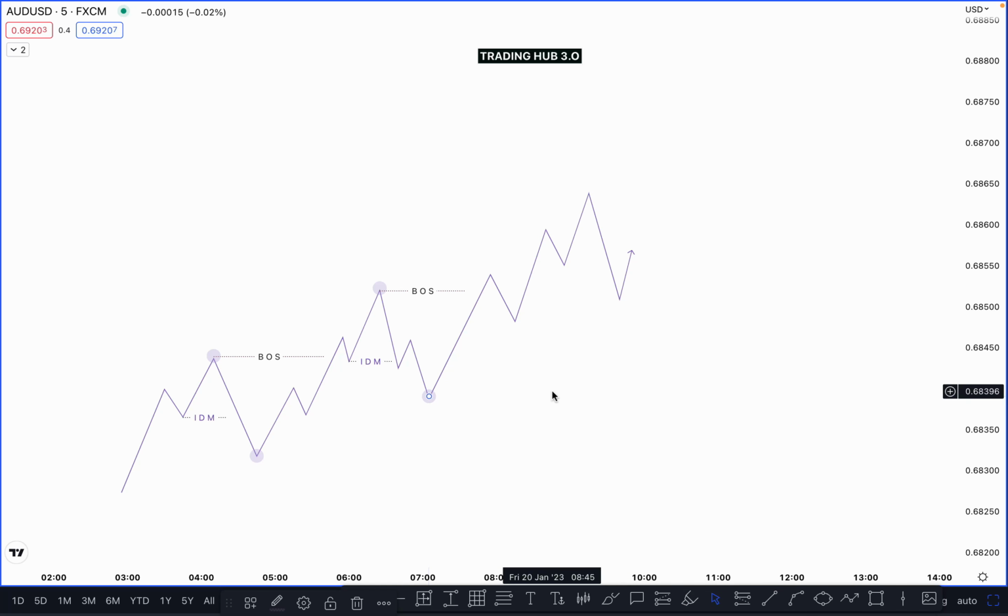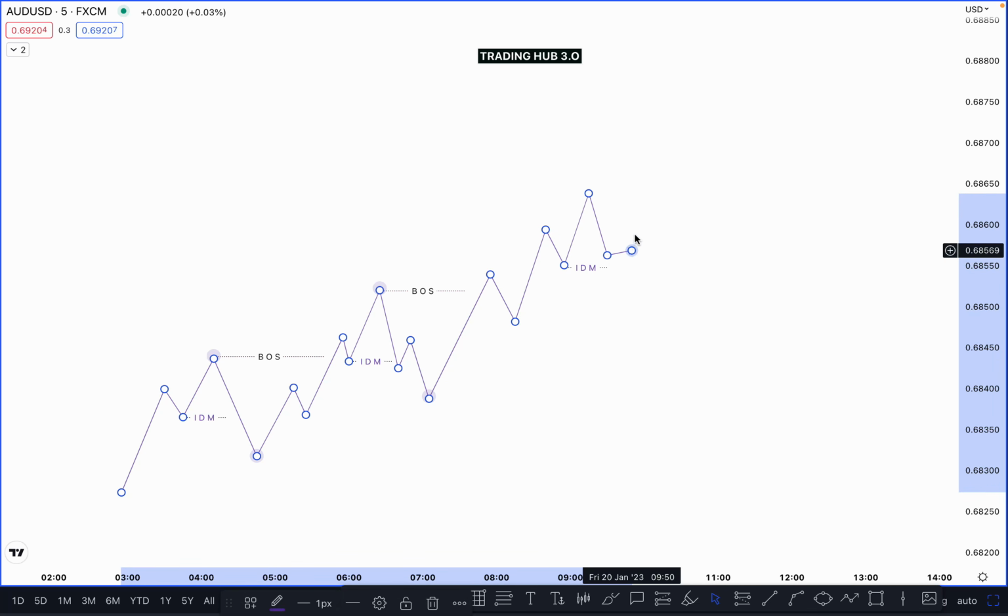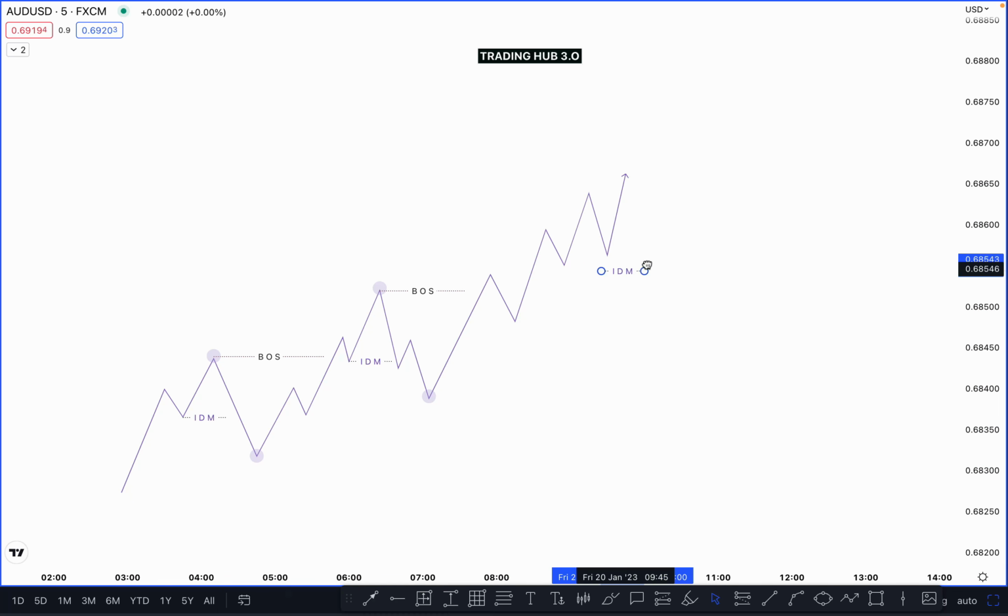And again, what happened here right now? If you can see in this picture, where is the inducement? Inducement means the first pullback, which is here. In case the market does not take out this inducement, something like this, and continues going to a higher high, where is the inducement? Our inducement will be the first pullback, which is here, right? So this is our inducement until the previous recent low is taken out.